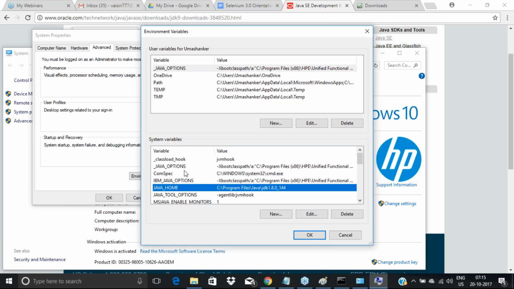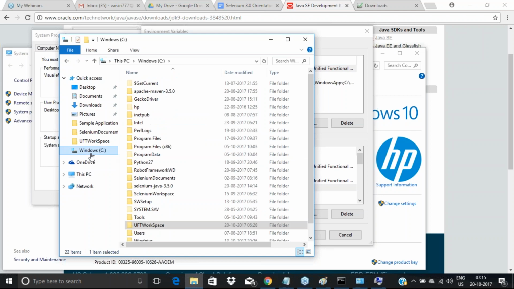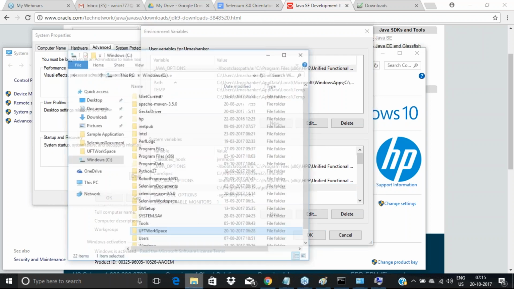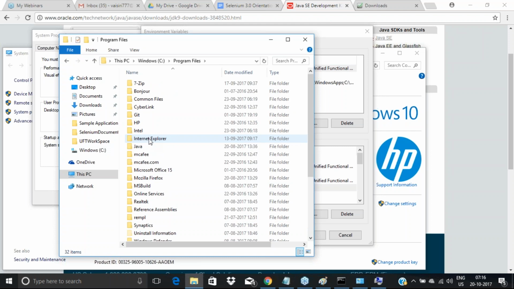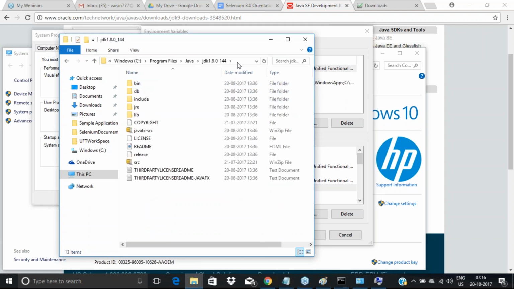Go to the system variable section and there, typically when I have installed, I have got my Java installed here, right? So when you install, you will choose the path. Like it happened in my case, program files, Java, JDK. So just go to C drive, it's here. This is where it got installed for me. Okay, I need to just take this path